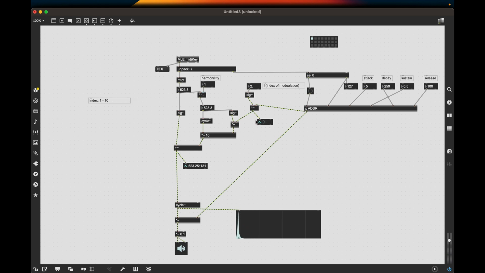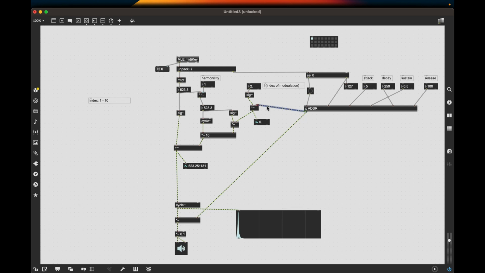Maybe the one thing we don't want is for this to drop down to 0. Then it drops all the way down to being a sine wave at the end of the note. And if it's a longer note than this, like a longer release or a lower sustain level, you can really hear that. So instead,